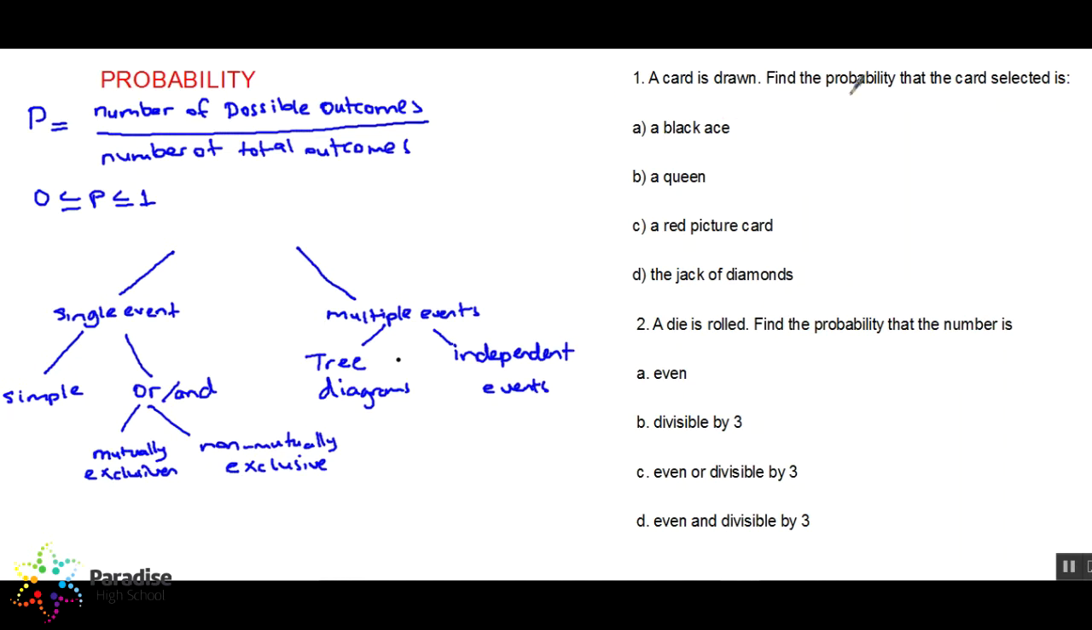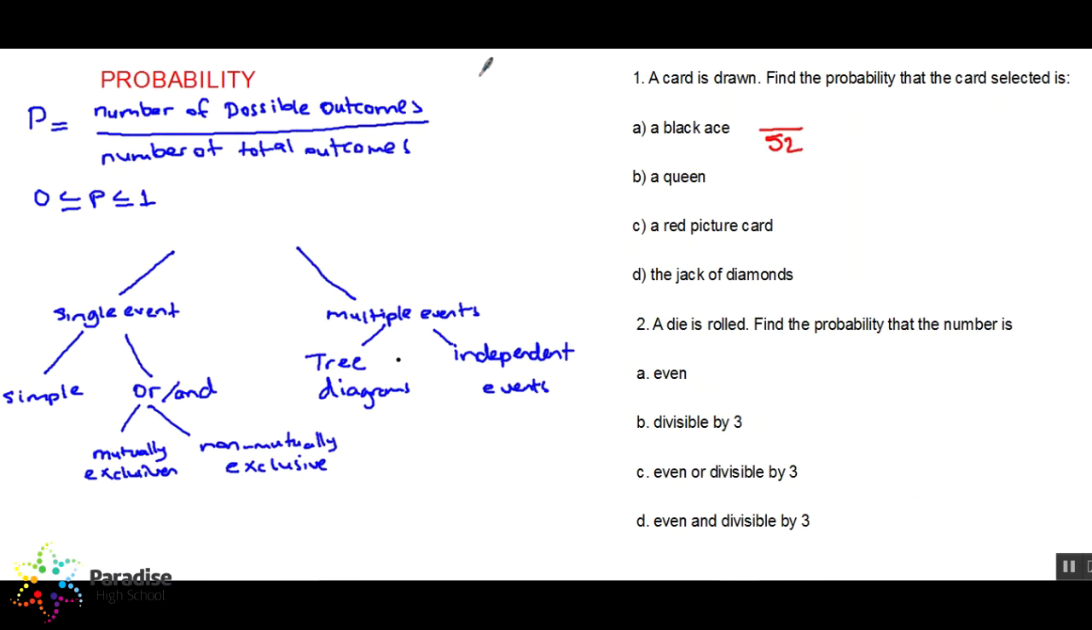All right, the first one is a card is drawn. Find the probability that the card selected is. The first thing I will check how many events is taking place. There is only one event taking place. You draw a card. So what is the total outcome? The total outcome is 52. And the question is here, a black ace. How many black ace do we have? We have two black aces. One is spade, the other one is, what is the other one? Spade and,